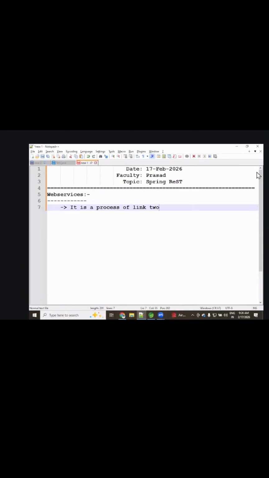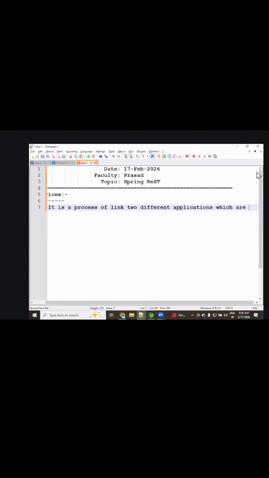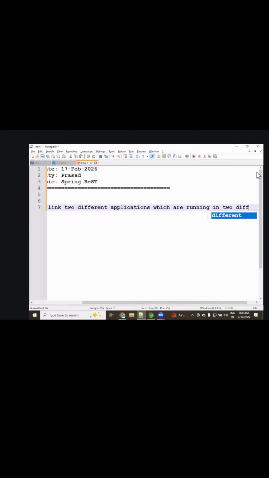linking two different applications which are running on two different servers.